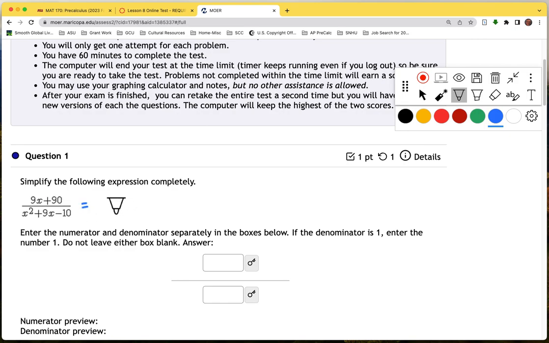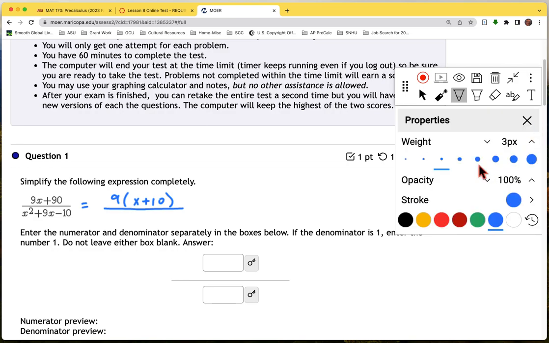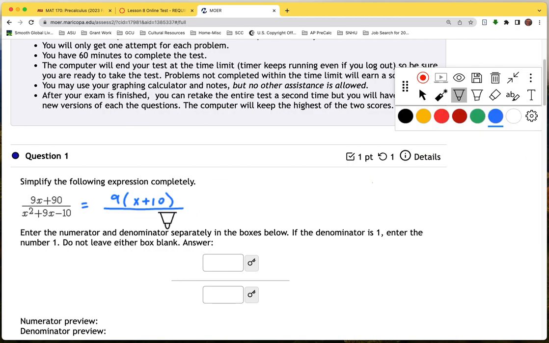So we look at the top, there's a 9 that can be factored out, leaving x plus 10. And in the denominator, we can factor this